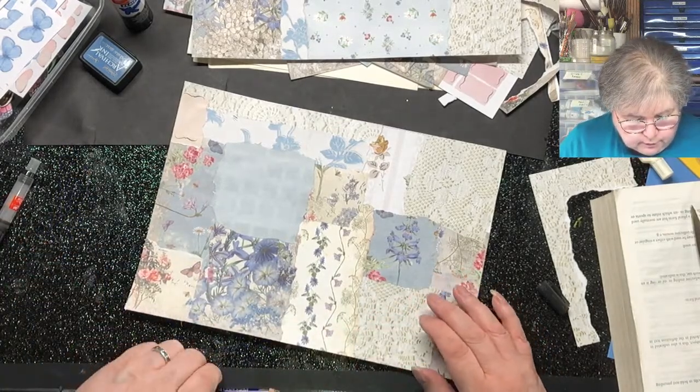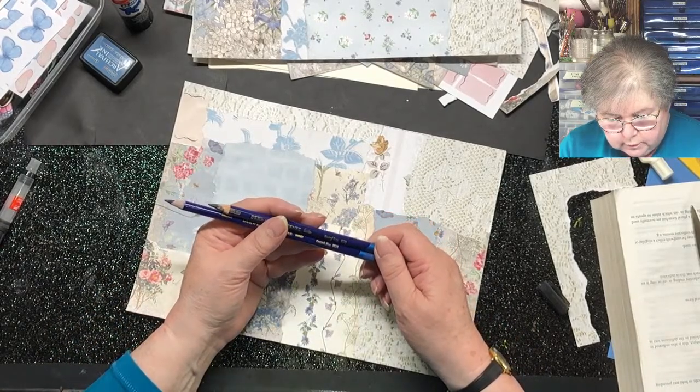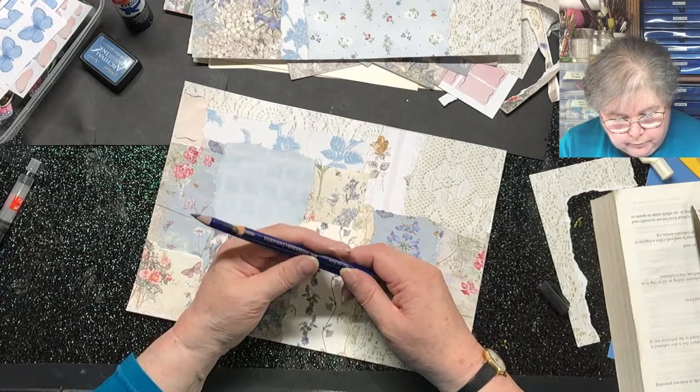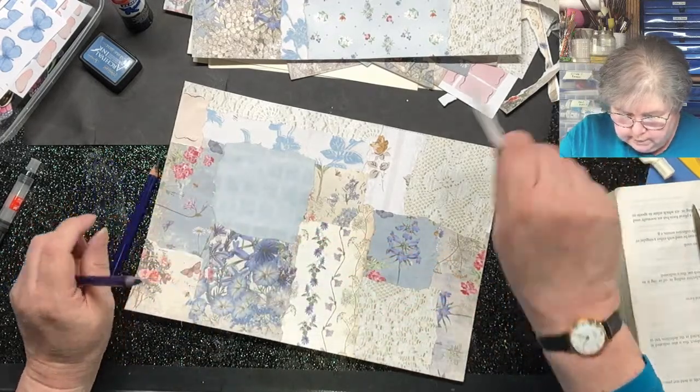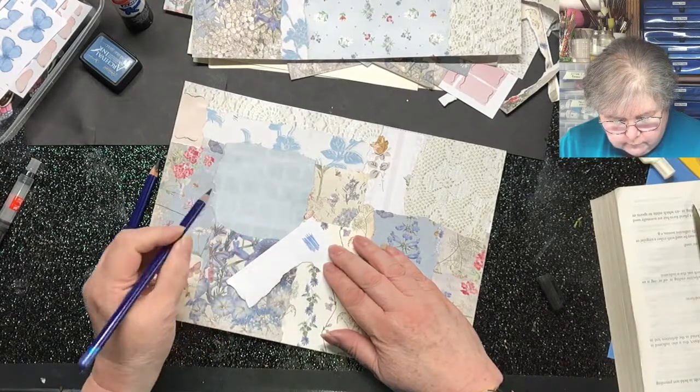So I've looked at two Inktense crayons. One is called Peacock Blue, one is called Neutral Grey. The Peacock Blue isn't that peacock at all. It's that sort of colour, which I think goes with our